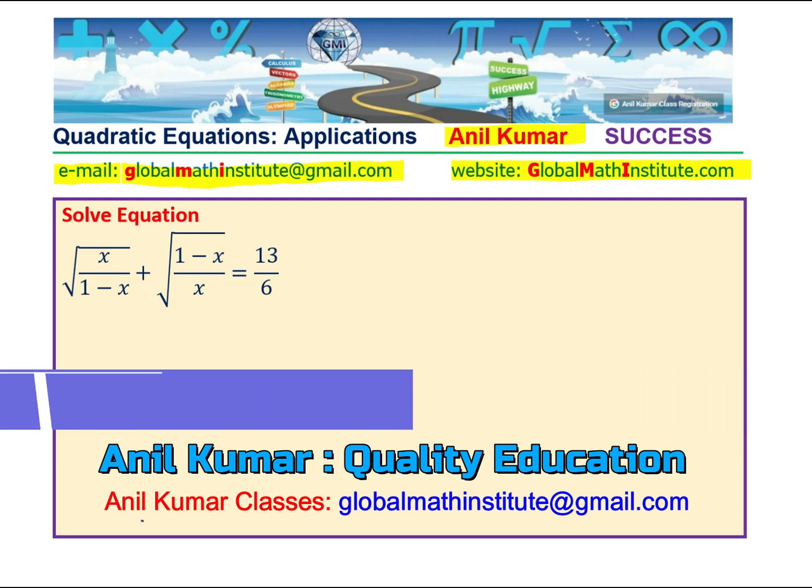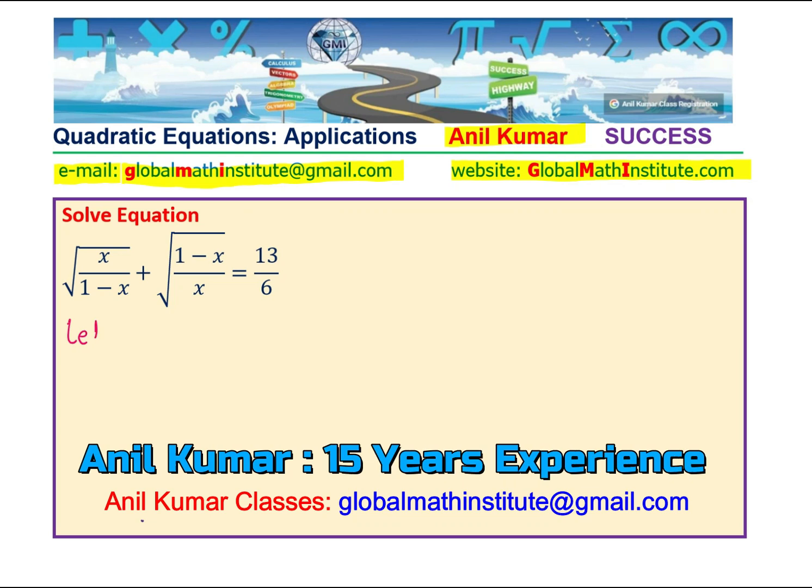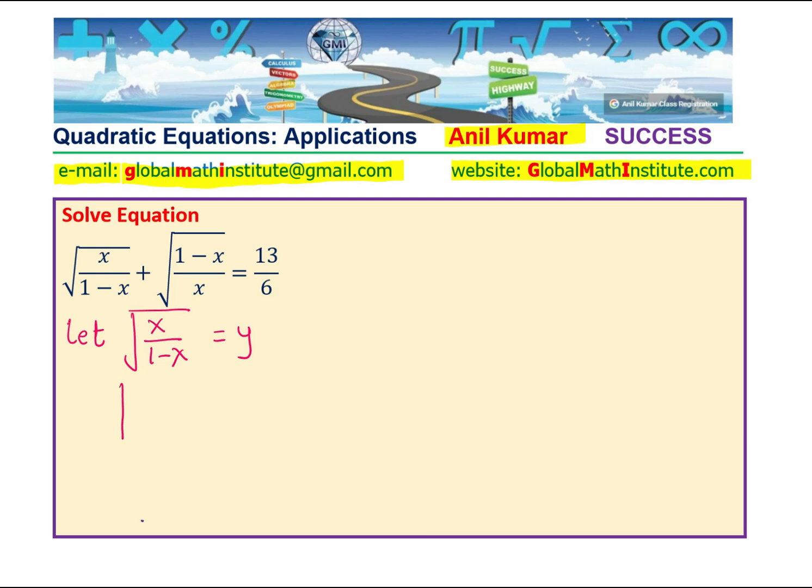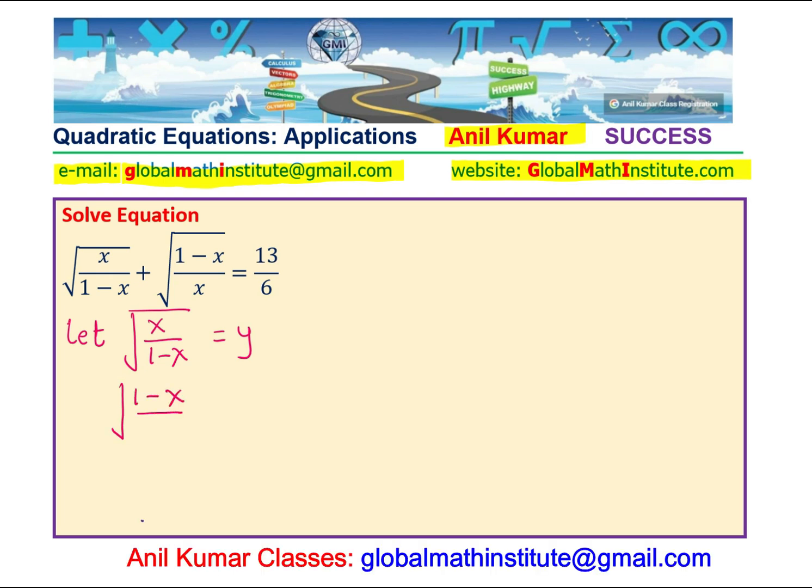Let square root of x over 1 minus x equal y. In that case, square root of 1 minus x over x is going to be equal to 1 over y. That reduces the equation to a very simplified form, which is y plus 1 over y equals